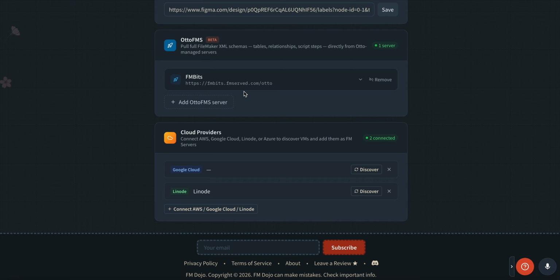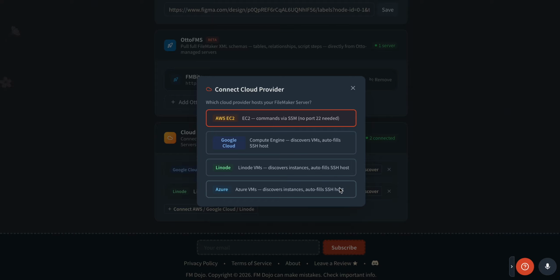And then I added cloud providers, and the reason for that is because in that case I have their command line CLI installed basically, so it can do things a lot better and easier than if you just set up regular SSH. And you can connect any one of these